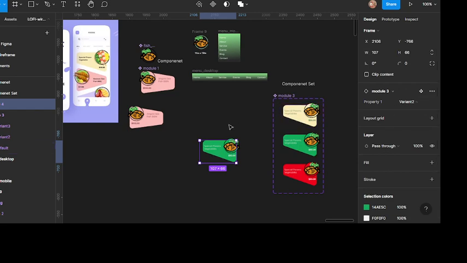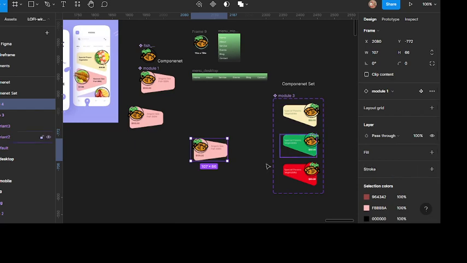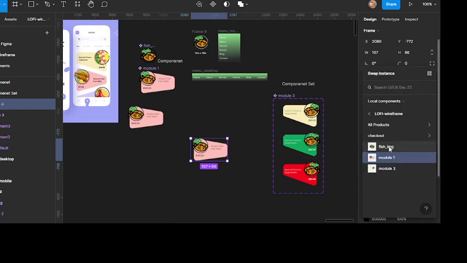All right. So here is the thing. I made a duplicate of this variant, and this is a component set, so variants are in a component set. I made a duplicate of this variant here and put it outside like this. In this case, if I need to switch between the variations, I don't need to do it here. I can still do it here, but the best option is